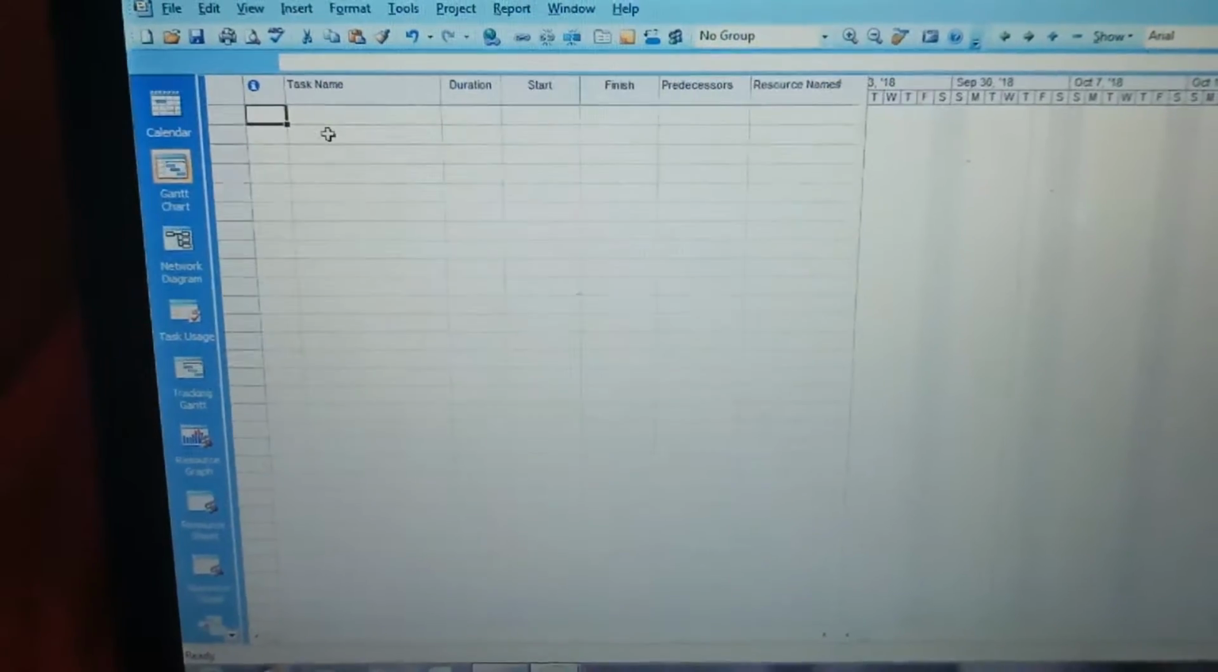Okay, I would like to share how to make a time schedule with Microsoft Project with the Gantt chart. First, click Start, click blank page, New, and then after that, make a title, for example,